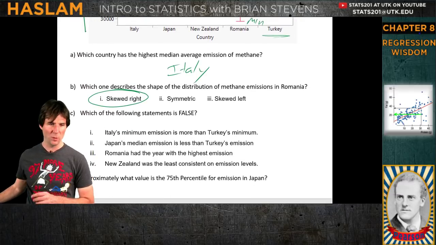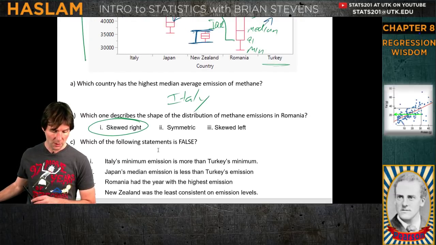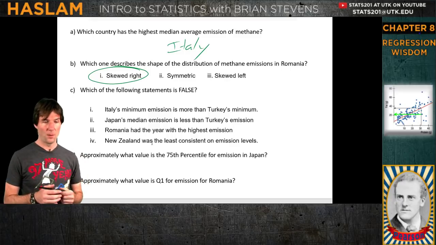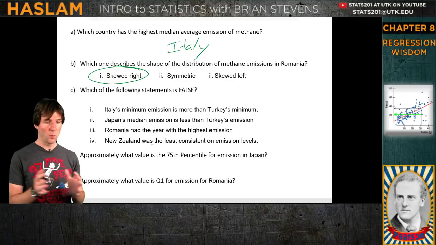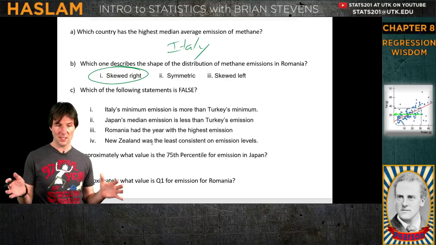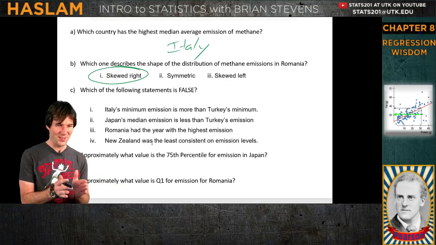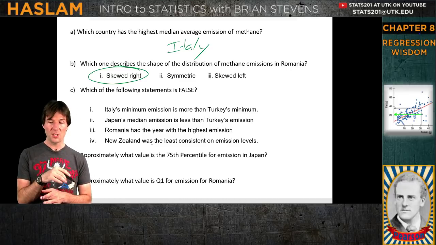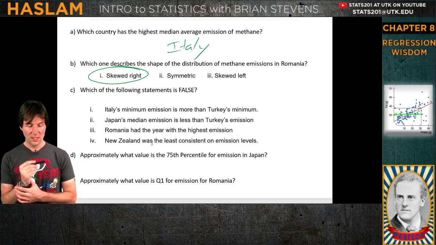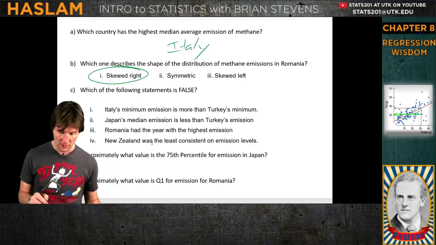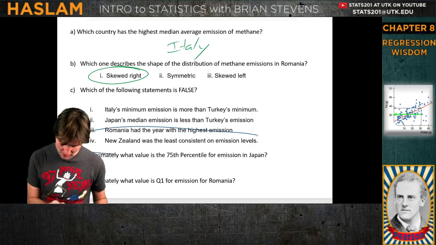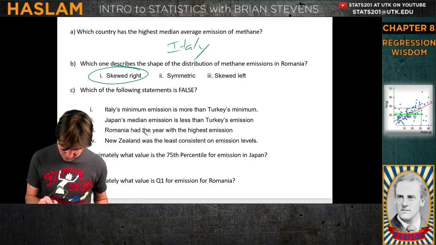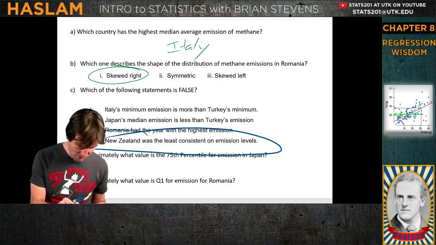And feel free, if you're wondering what consistent means, on the test I could tell you that means it kind of has less variation. So least consistent would be more variation, and more consistent would be less variation. Like if your test scores are consistent, you get the same grade. If your test scores are not consistent, then you get a wide variation in grades. Tricky question right here. That was a tough one, especially with the wording, but it was a good one. That was a very good review of those box plots. Well, let's do a small circle.